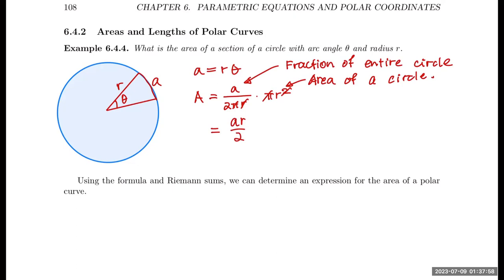But since A is equal to r times theta, we can write this as r squared theta divided by 2. That is the arc length or area of the arc here. So this portion here. So using this formula and Riemann sums, we can determine an expression for the area of